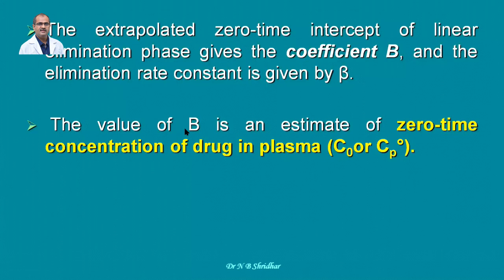Of course, there are so many formulas. It is very difficult to remember such formulas, but you should understand that you can calculate the elimination rate constant. Means in a given time, suppose 3 hours or 2 hours, how much quantity of the drug is excreted out of the body. That's how we are going to calculate. Here there is coefficient B, and the elimination constant is given by